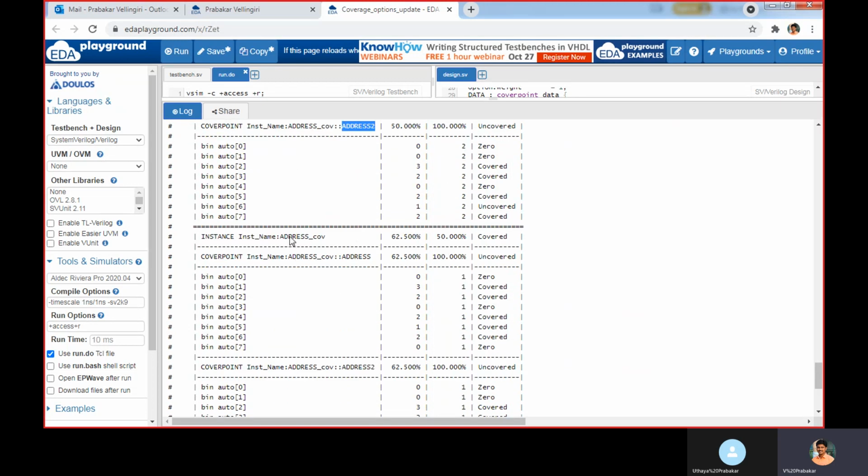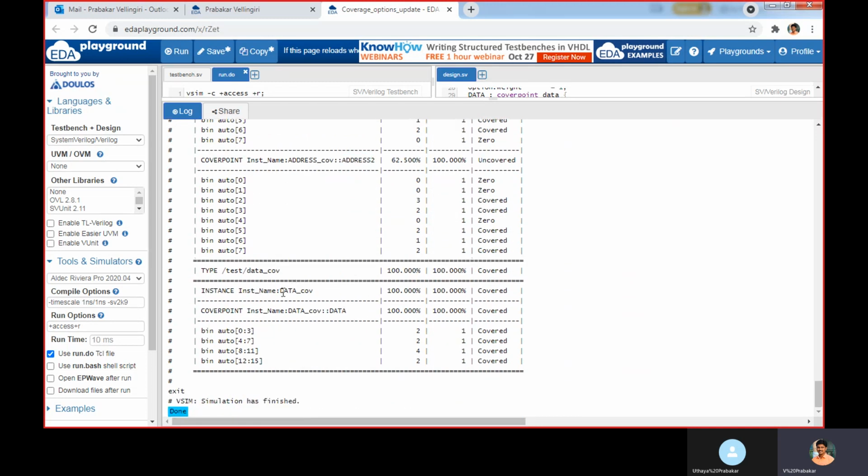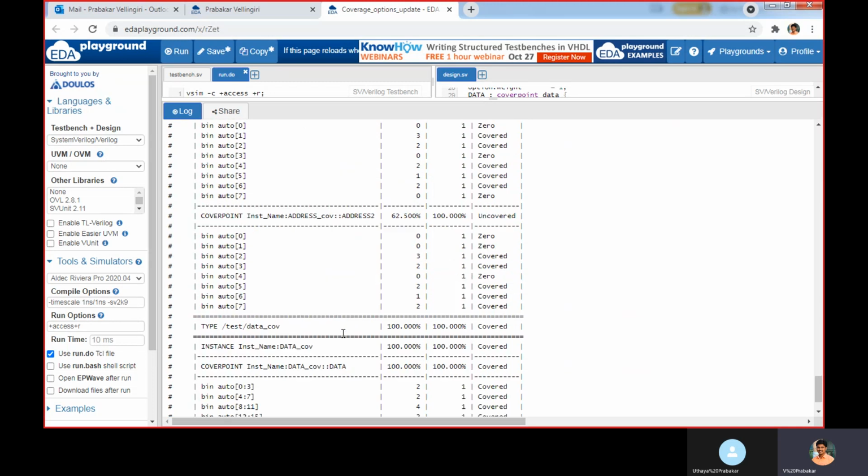It is also an address cover, and it also consists of 2 cover points, address and address 2. The third instance is for data coverage. Here we have one cover point, only for data.